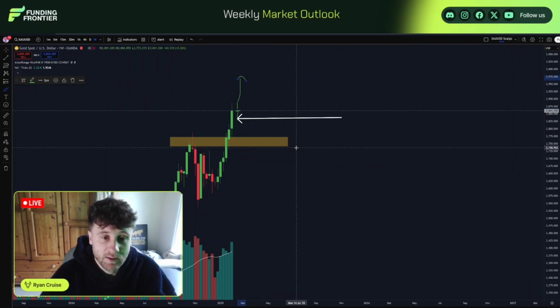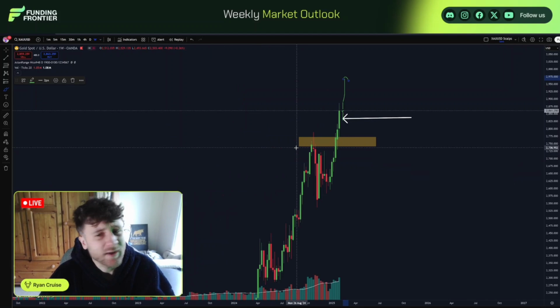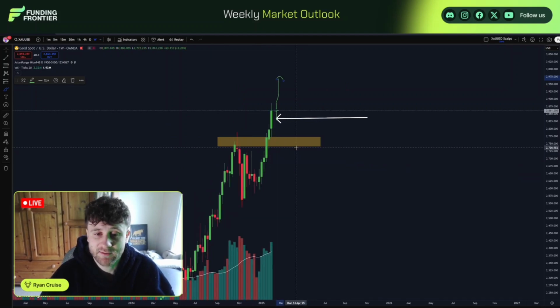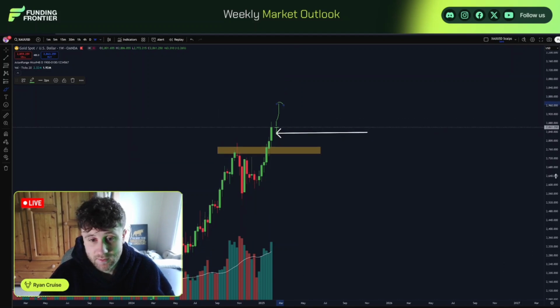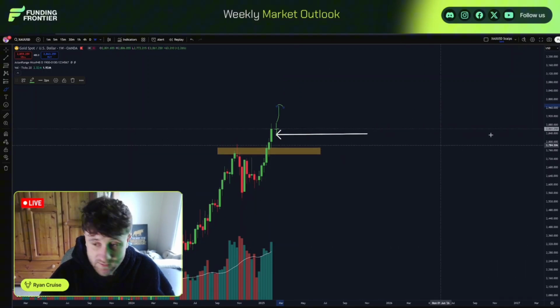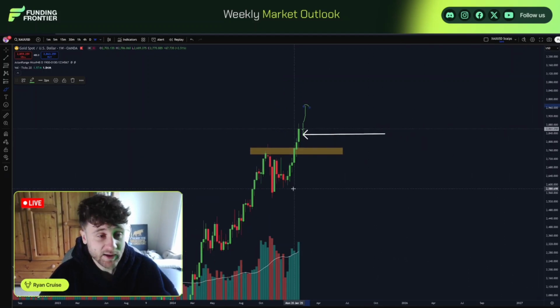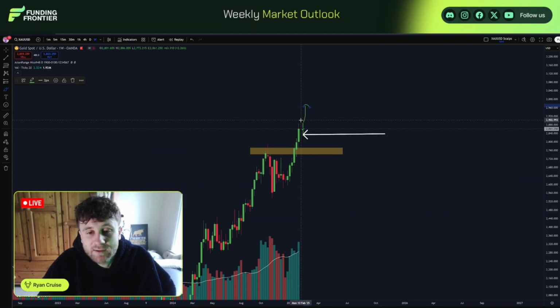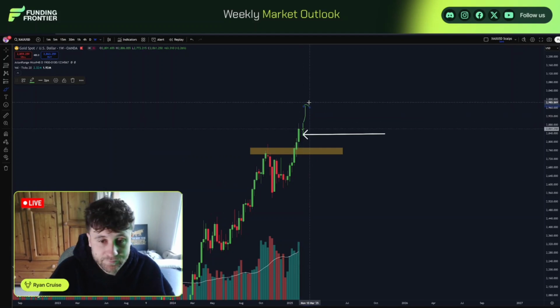Now, how do we know where our key levels are going to be though? How do we know where our key levels are going to be if we continue up on bullish? Because, of course, we can follow the trend. However, looking left, we're at all-time new highs. There's no data. There's no key areas to bounce off. There's no supports. There's no resistances. There's nothing to go off to suggest where we could reach. So you're just buying blind if you don't know where to go.